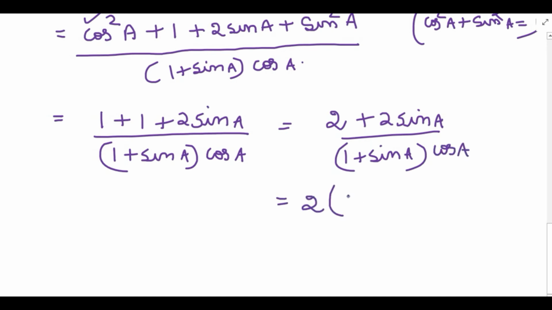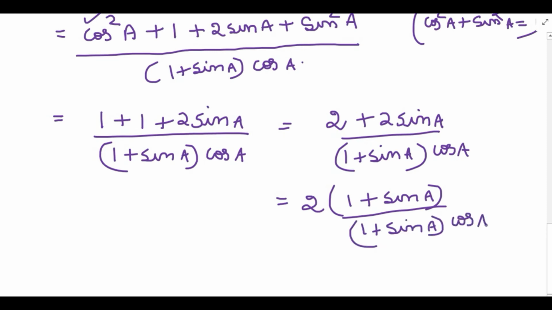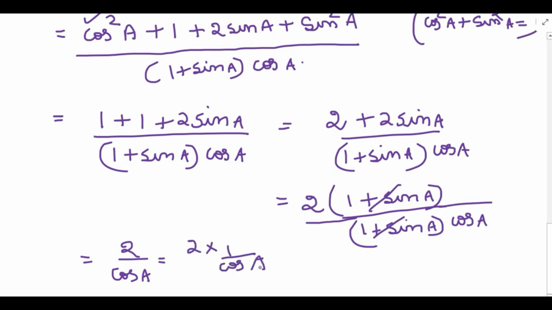I'll take outside that. So you have 1 plus sin A divided by 1 plus sin A, and denominator also has got one more term cos A. This and this will get cancelled. So we have 2 by cos A, and this I can write as 2 into 1 by cos A, and